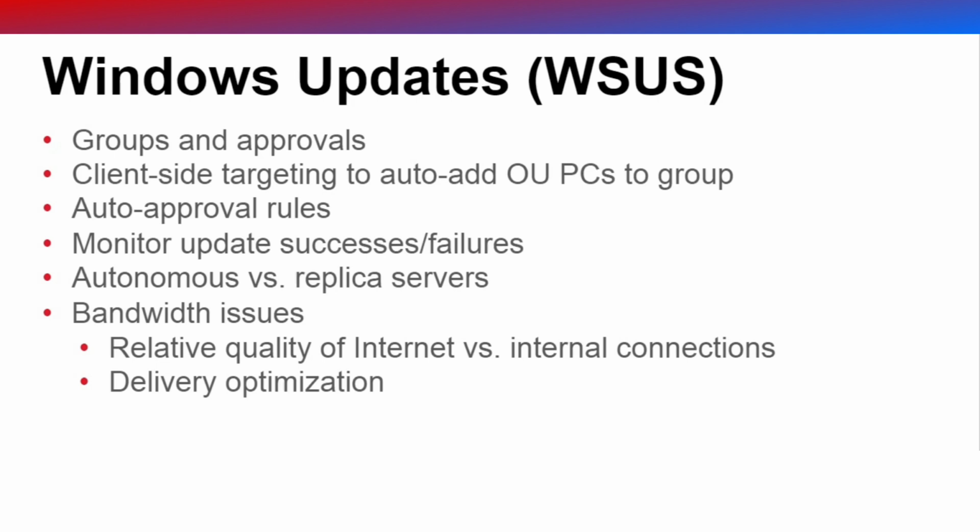Now with WSUS, we can have autonomous versus replica servers. And what that means is you can have multiple WSUS servers in an organization. So you can have geographically dispersed update servers. And these guys are going to talk to Microsoft and get the updates. And then an administrator will bless them, approve them, and then release them for deployment to these individual groups that